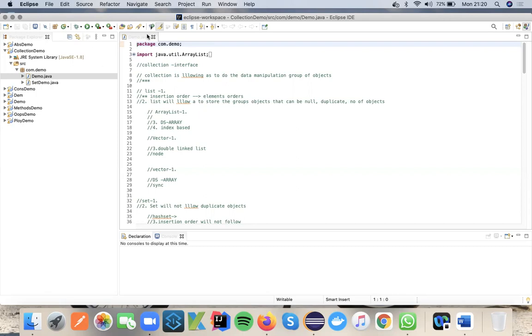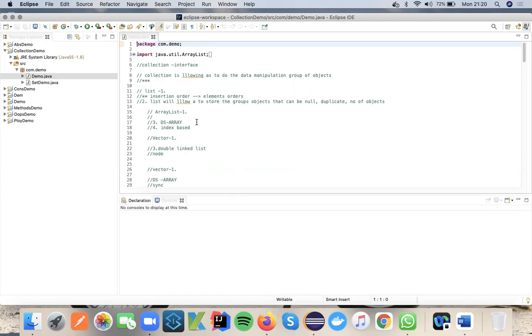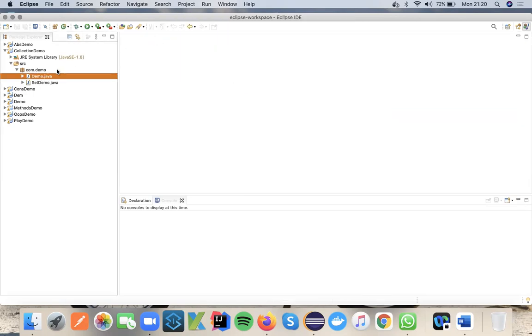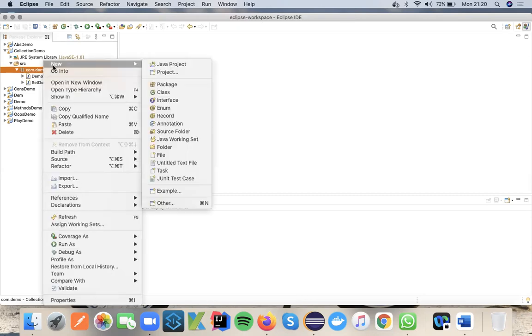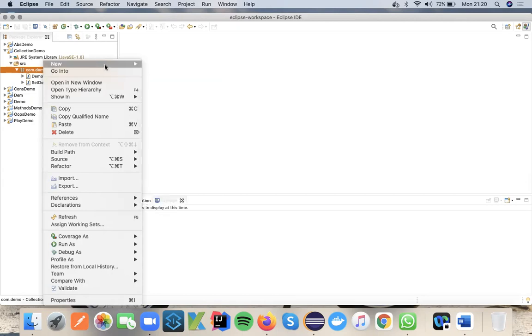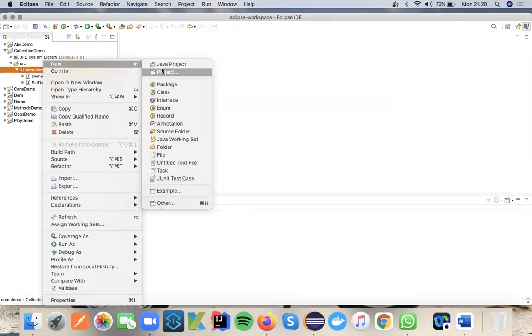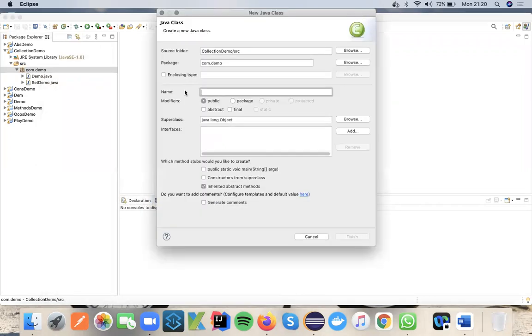Perfect. So now we are going to discuss the Iterator and ListIterator. These are the two interfaces that we will use to iterate the elements. In earlier classes, we were printing the entire list object or set object. If I want to iterate, meaning print one by one the elements present in the ArrayList, LinkedList, or Vector, how can we do that? What is the predefined class or interface that Java offers to achieve that? That's what we're going to discuss in this class.